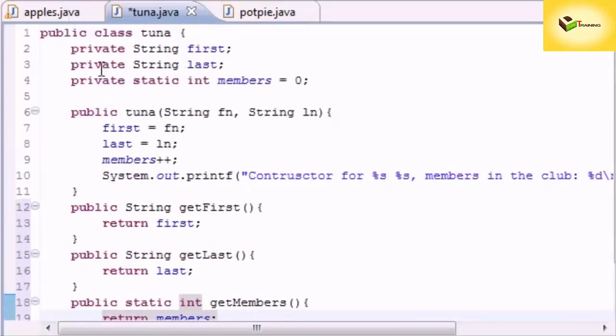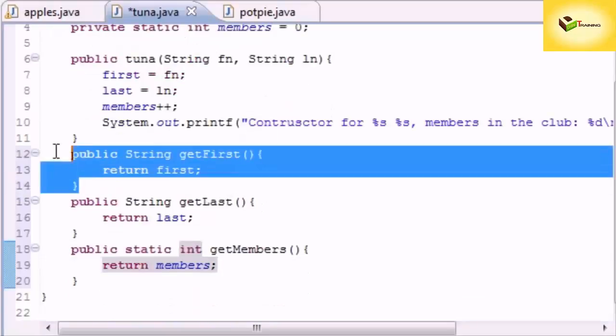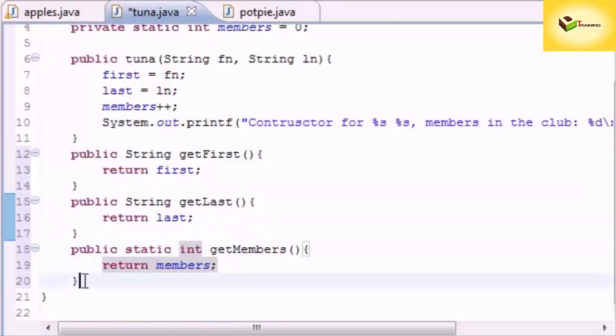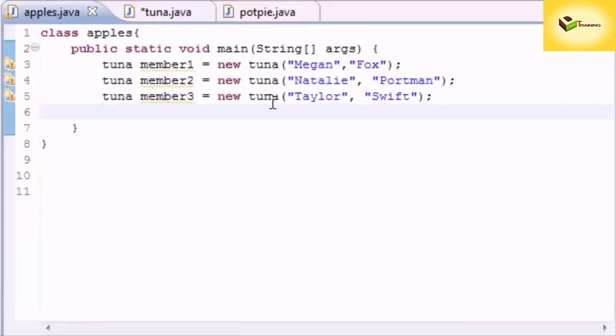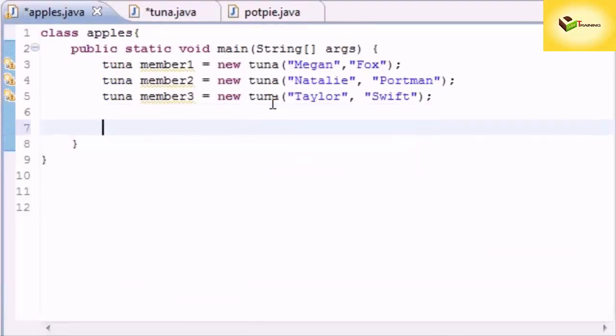So now we have three variables up here: a private first, a private last, and a private members, which is static. This method returns the first name, this method returns the last name, and this method right here is going to return the variable members. So now that we have three objects made, go back in your main apples class or whatever you call it, and let me show you how each member has its own set of